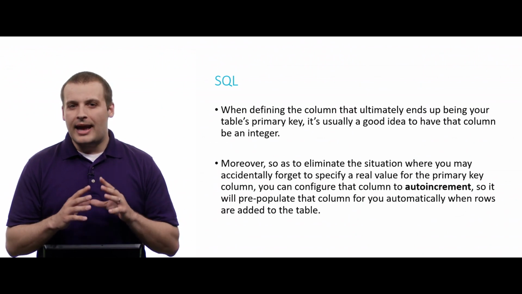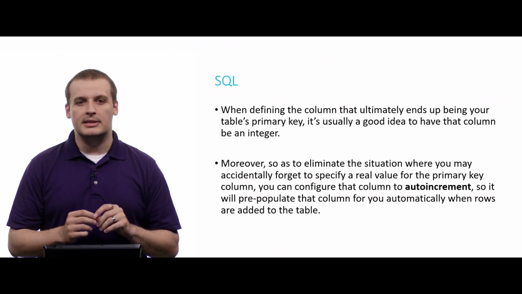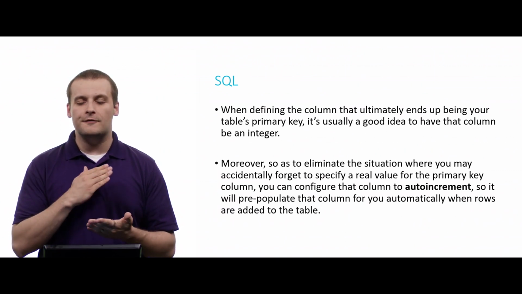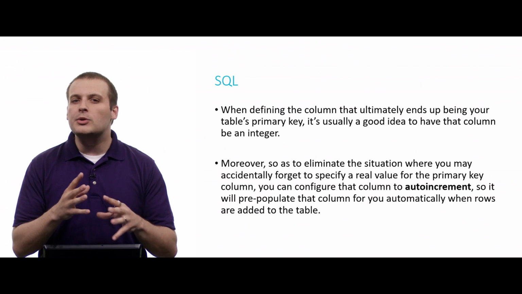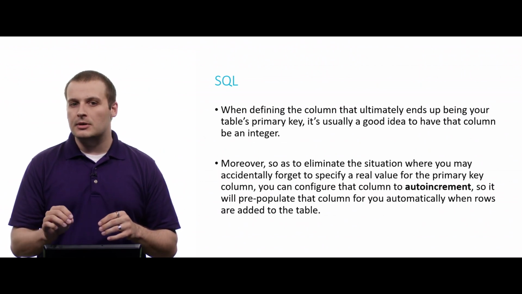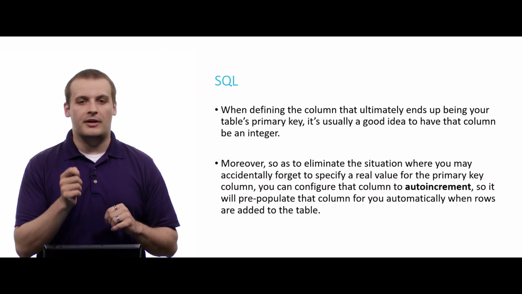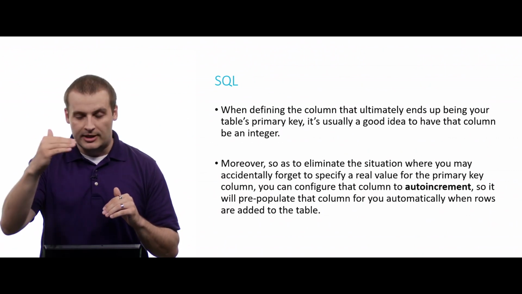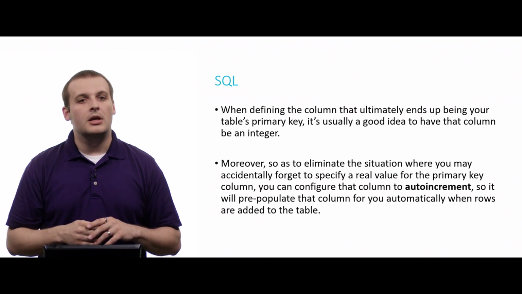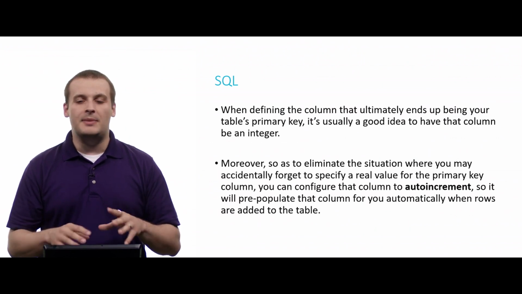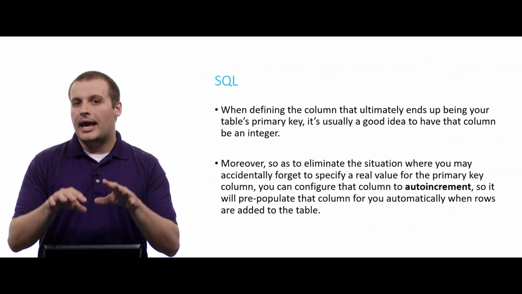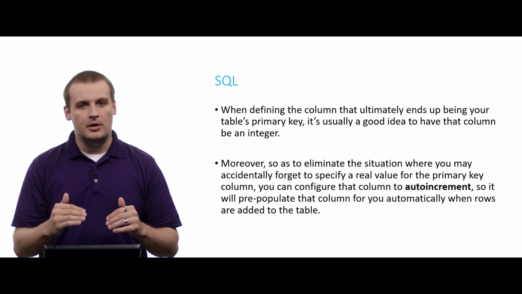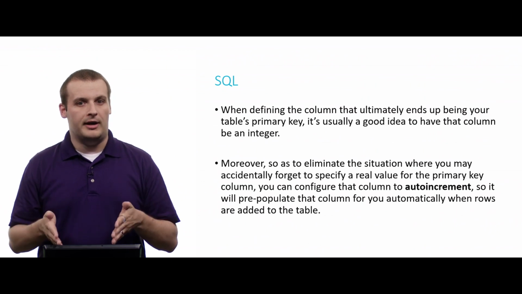And because having a primary key is so important, you might want to specify it to auto-increment. And what this basically means is you can forget to include it as part of your query. And if you do, it will automatically insert a value there that is unique from every other value in that column, typically by just incrementing by 1 every time, so that that row is still guaranteed to be unique. Because if it wasn't set to auto-increment, right, and we just forgot to include it, there might be a couple of rows that are actually blank or null there.